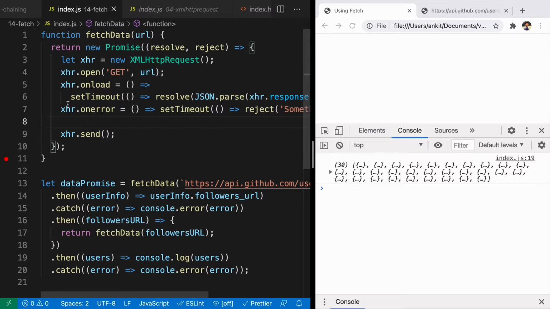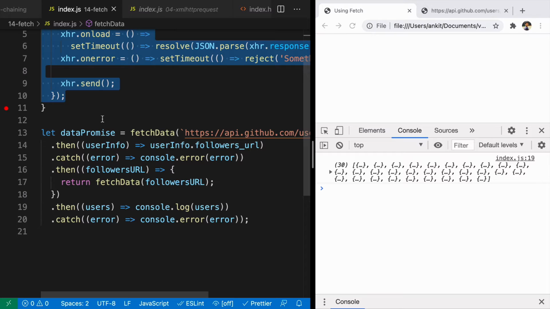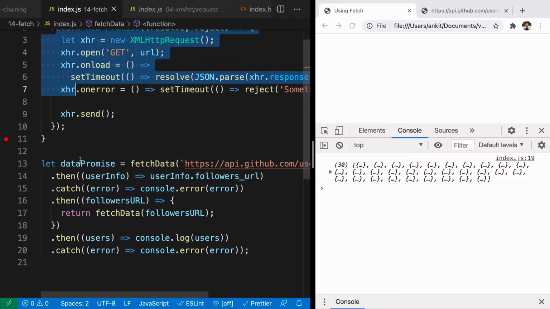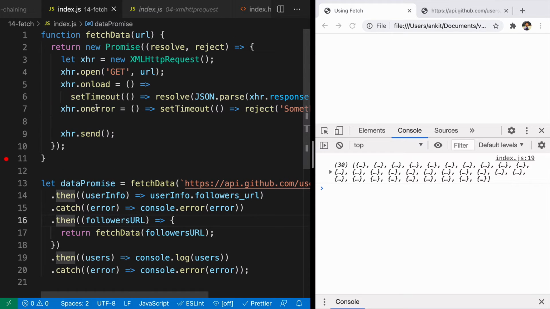So rather than just using on load and on error, we are also using promises that can act like a receipt and can also help us compose doing multiple things one after another. So here, fetch data is returning a promise, and because it is returning a promise, we are using .then on it. And we know that .then also returns a promise, so you can use .catch or .then or .finally. So here, we were using the fetch data function.